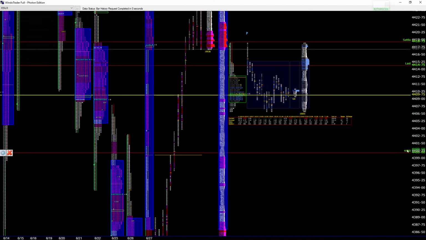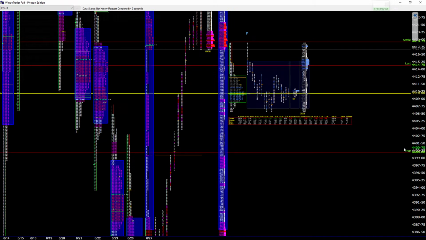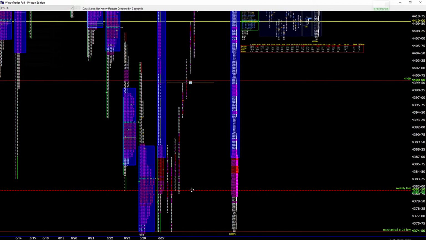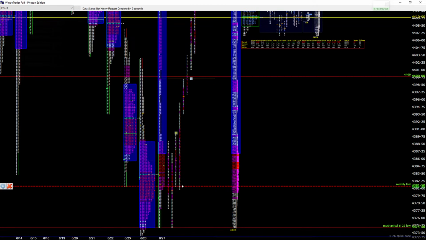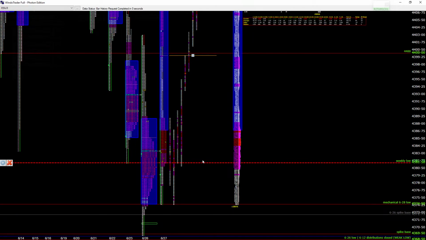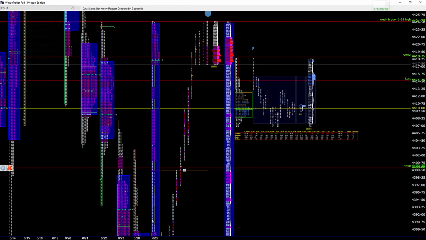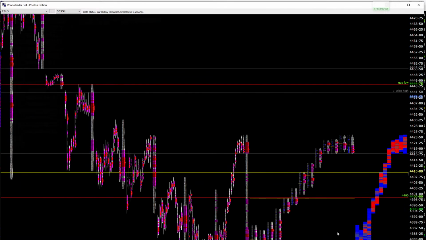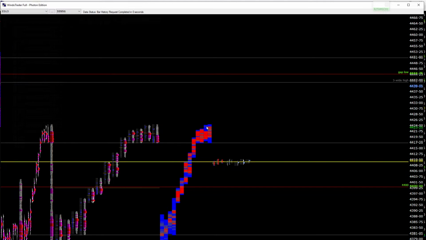Monitor for continuation. We have the 4400, which happens to be also held back. This market has been bought from held back here before. Remember, the method was corrected, and this is also a mechanical low, as is this one. The trade was conducted mechanically yesterday. There's a lot of congestion in the day.